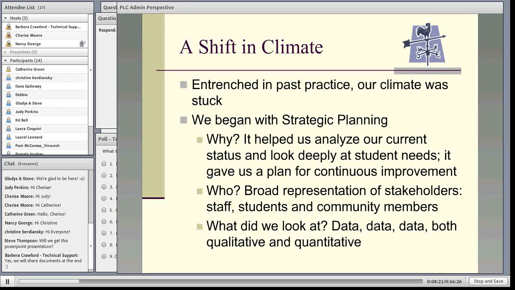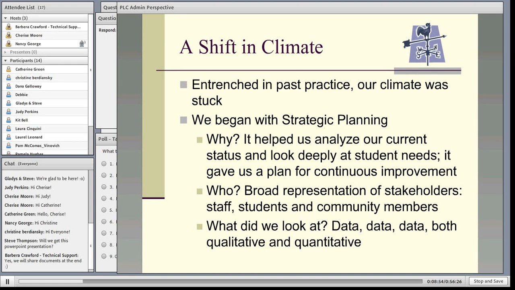And the strategic planning really was built upon using data, which really helped with how stuck we were in past practice, because as you can guess, everybody came to the strategic planning table with their own individual agendas about what they wanted to see kept or maintained. And by taking an approach of beginning with data, the focus became the data and the needs of the students, and those individual agendas began to fall away.